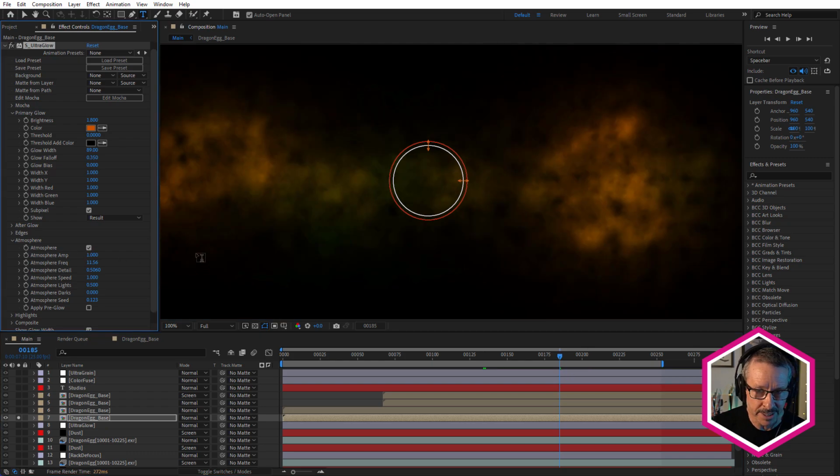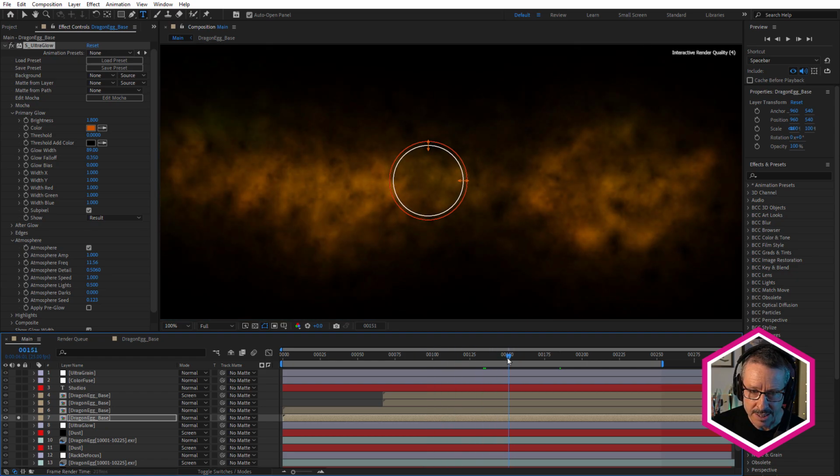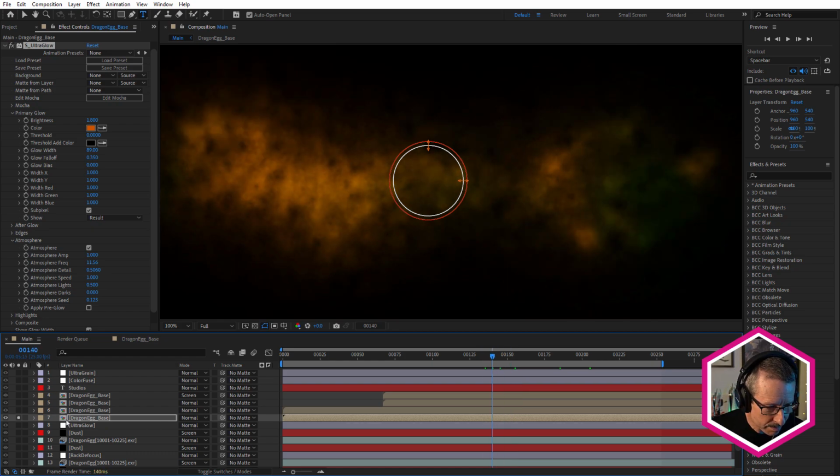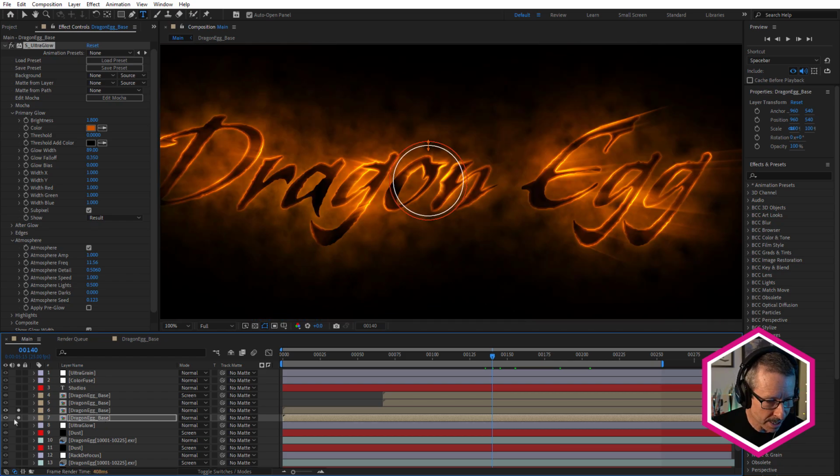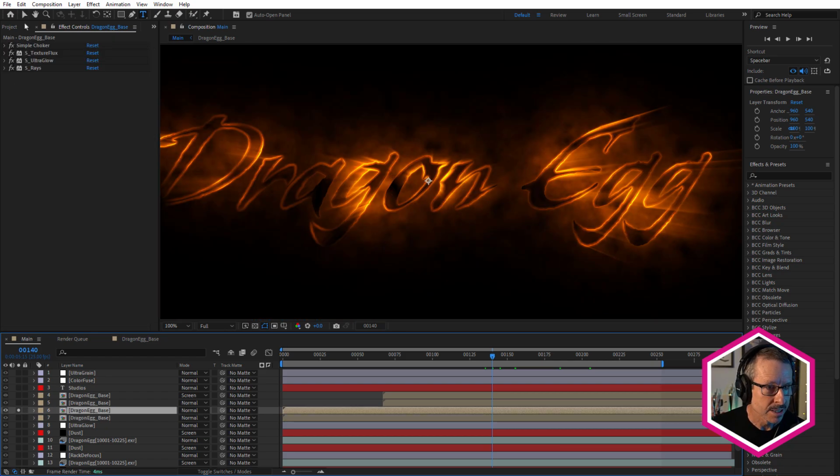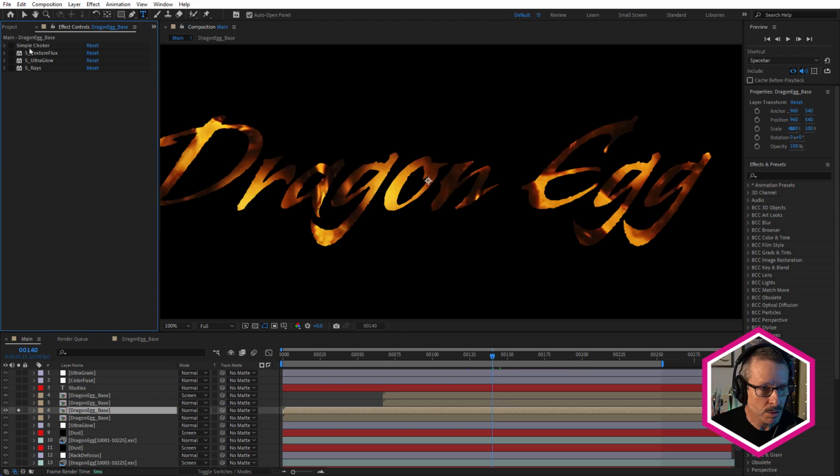But with atmosphere, it's more of a smoky look. So we get this kind of look that this is like smoke, and there's flames somewhere that are lighting up the smoke. That's the kind of look I was going for. So that's the bottom layer for the text. Above that, we have the actual text reveal. So here we have Simple Choker, which I'll tell you about why I use that in a moment.